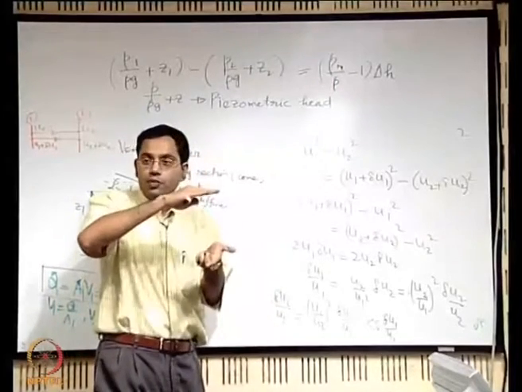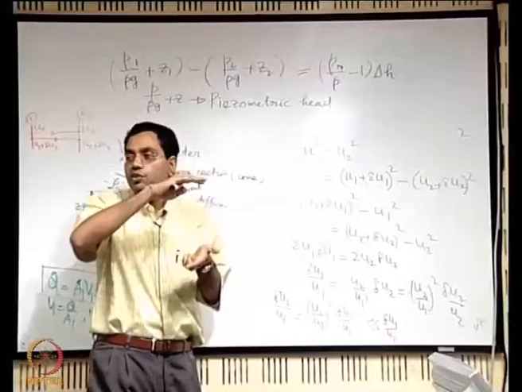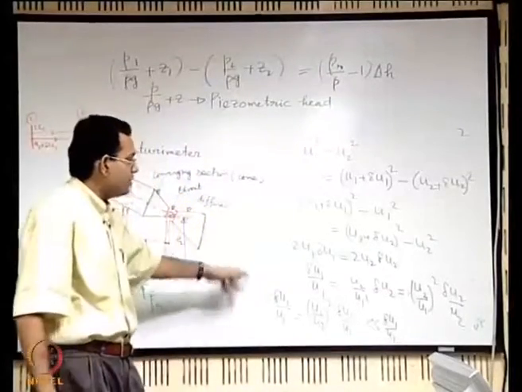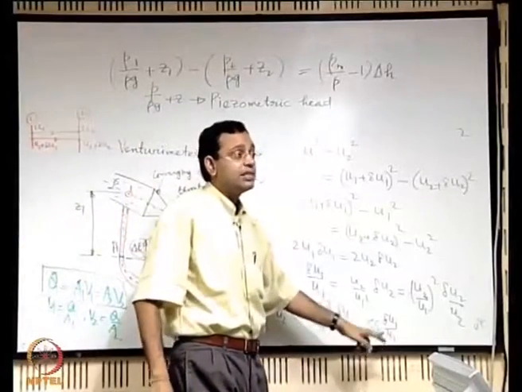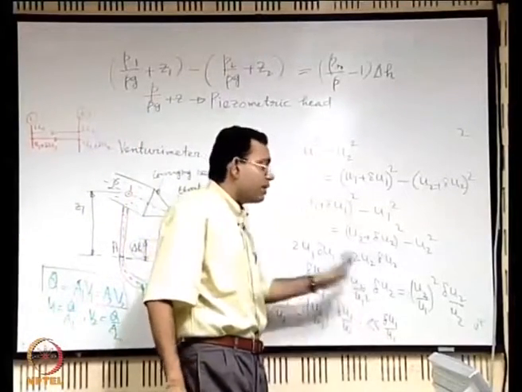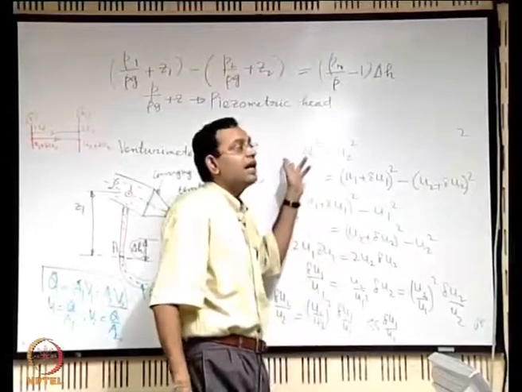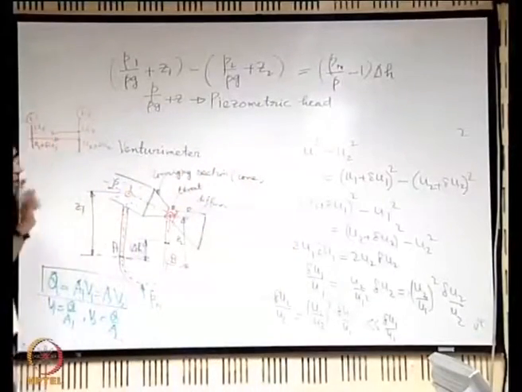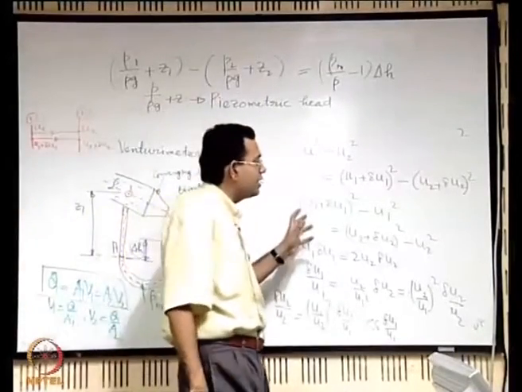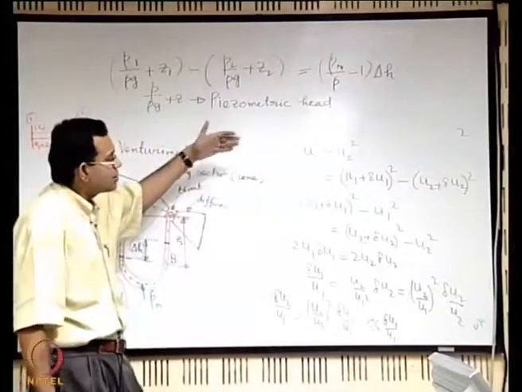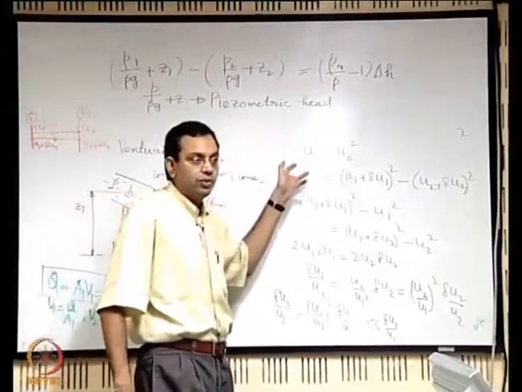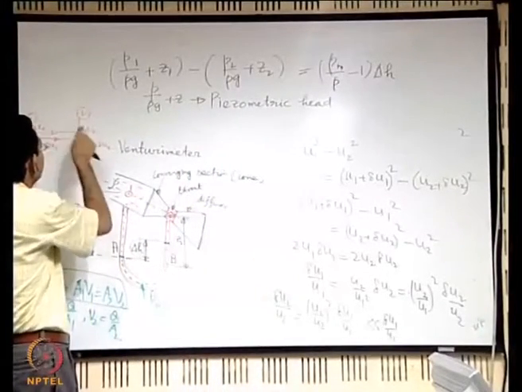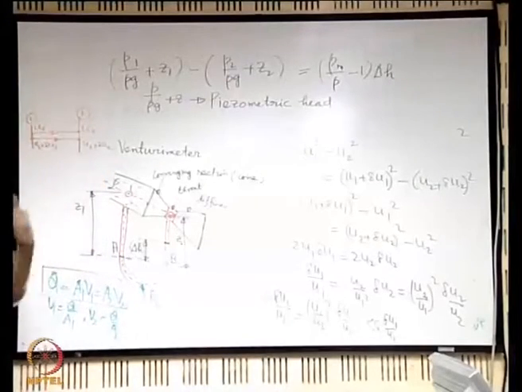What does this represent? A non-uniformity. When you go to a different streamline along the same section, you expect the velocity to be different, and that difference gives rise to a non-uniformity. But again, this is an estimation, because for estimating the non-uniformity we have utilized the ideal equation, the Bernoulli's equation. But even for a non-ideal case this is not very invalid, because whatever the frictional effect is, that also gets cancelled out when you subtract the two equations, assuming that the frictional effects are also the same as the fluid flows from 1 to 2 along the two streamlines above and below.